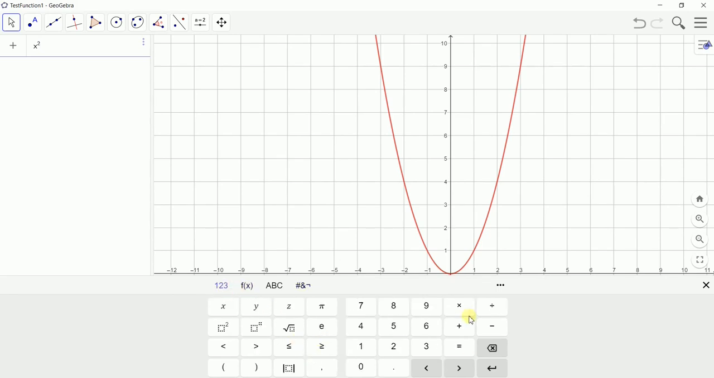So we can click and add using this keyboard right into the input bar. That's one way to do it. GeoGebra also supports